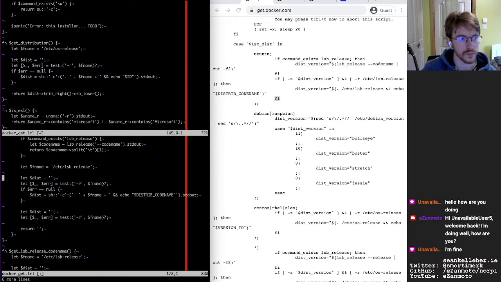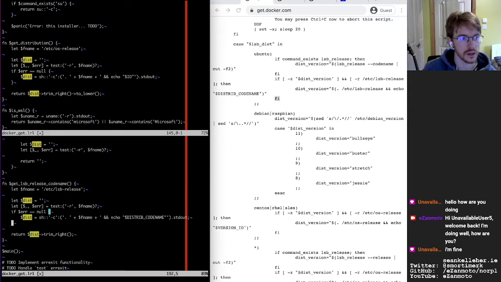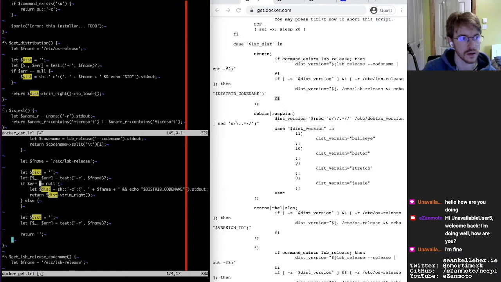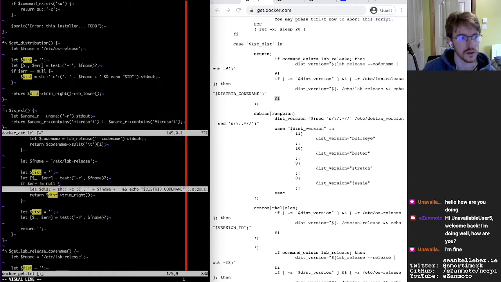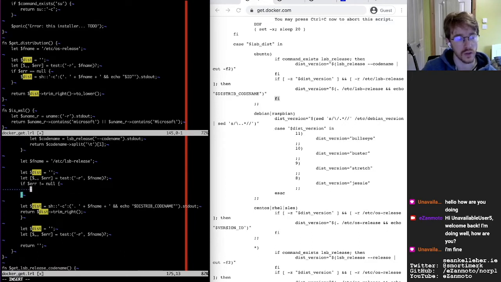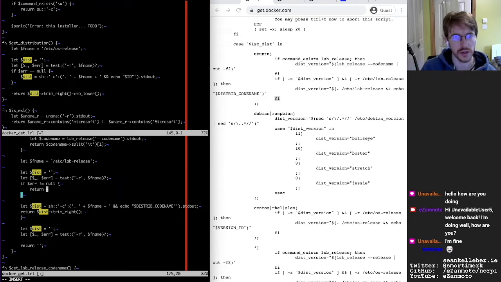So if I go like this maybe, and if the file isn't readable, then I will say return, or am I going to return empty string in